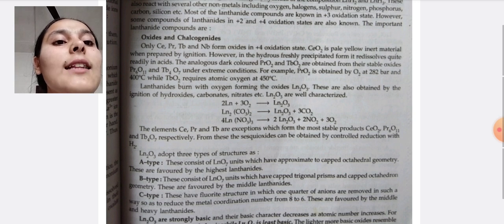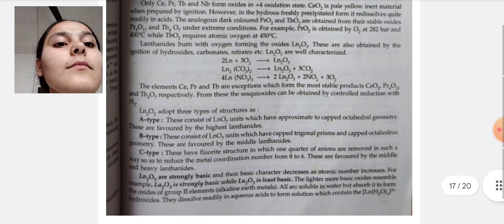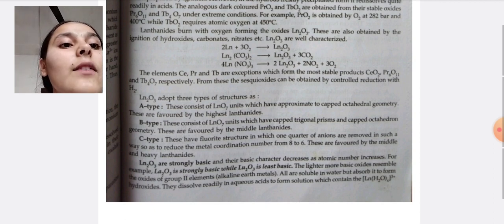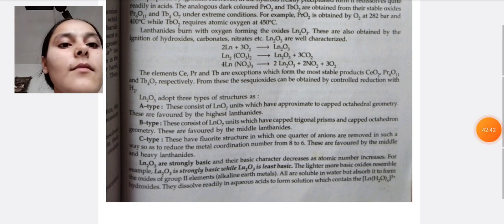Lanthanides burned with oxygen form the oxide Ln2O3. These are also obtained by ignition of hydroxide, carbonate, nitrate. Ln2O3 are well characterized. 2Ln plus 3O2 gives us Ln2O3. Ln2O3 adopt three types of structures: A type, B type, and C type. A type consists of LnO7 units which have approximately capped octahedral geometry. B type consists of LnO7 units which have capped trigonal prism and capped octahedron geometry. C type has fluorite structure in